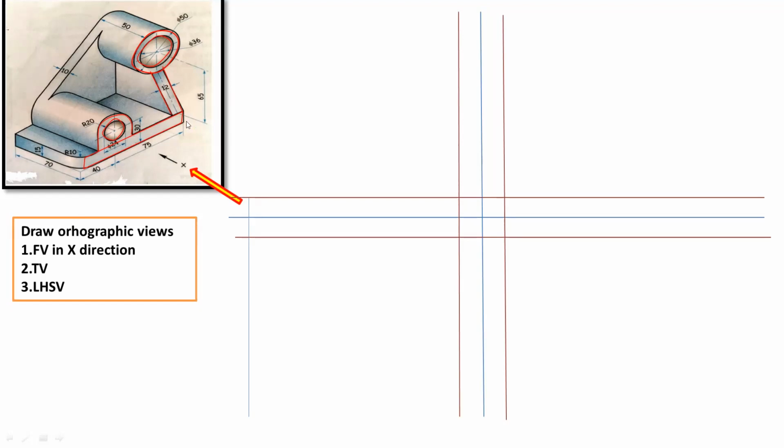Okay. And the maximum height is from this edge up to this point. Okay. So this is 15 plus this is 65, that is 80, plus 25. So that is equal to 95. Sorry, 105. Okay. So this is the maximum height in the front view. So draw the rectangle here. So that will be a reference rectangle.